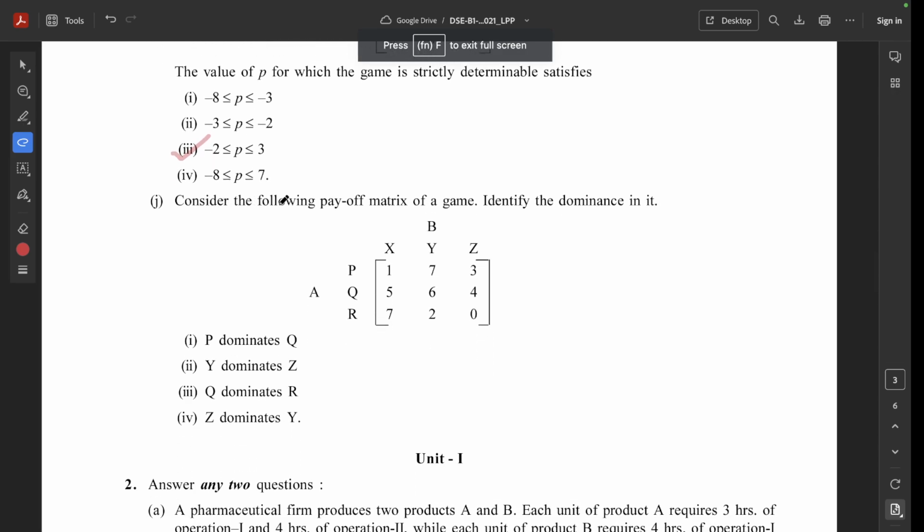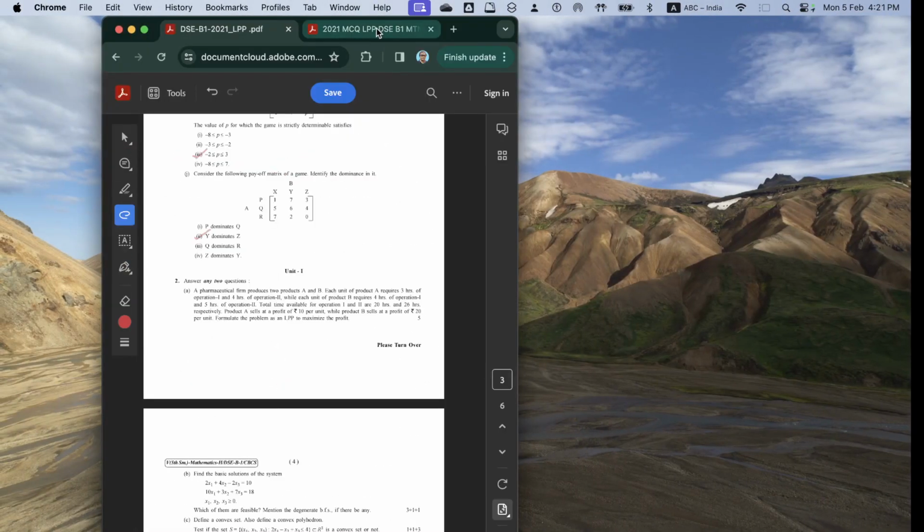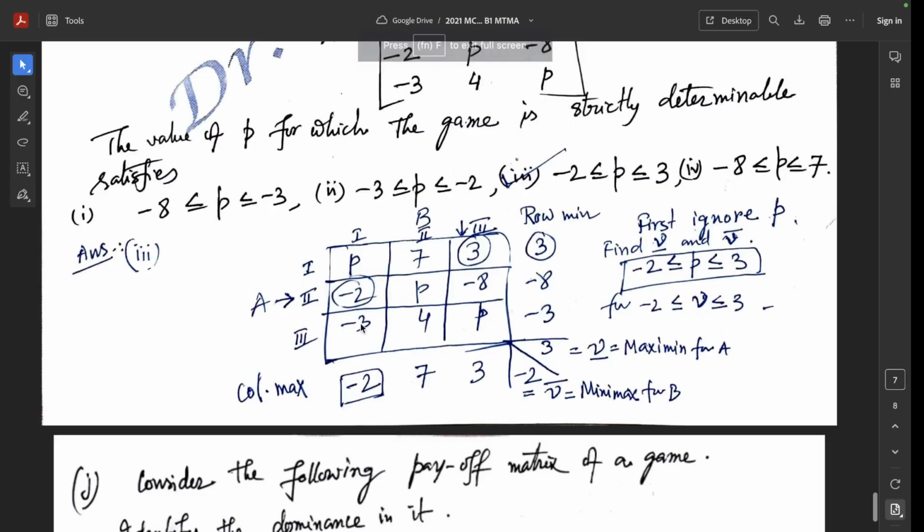Question J. Consider the following pair of matrix of the game. Identify the dominance in it. The correct option is 2. Y dominates Z. Because